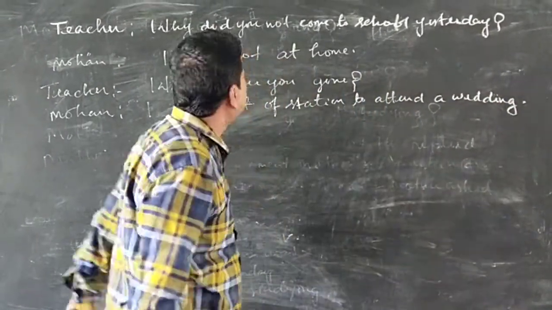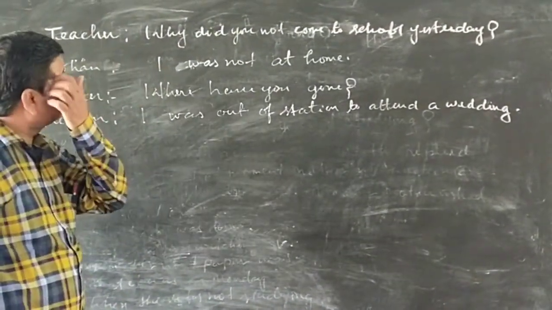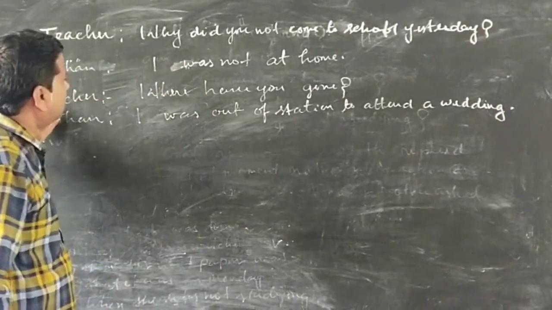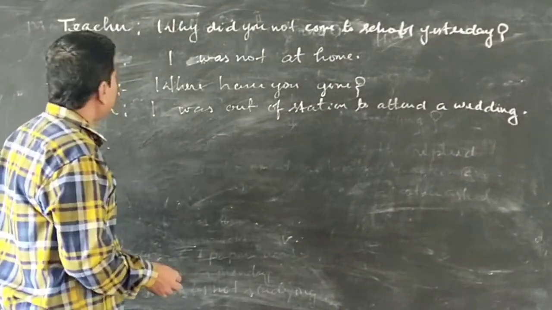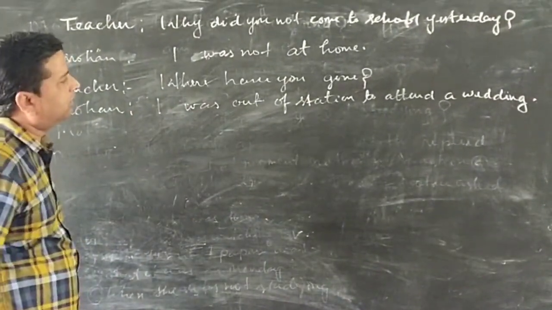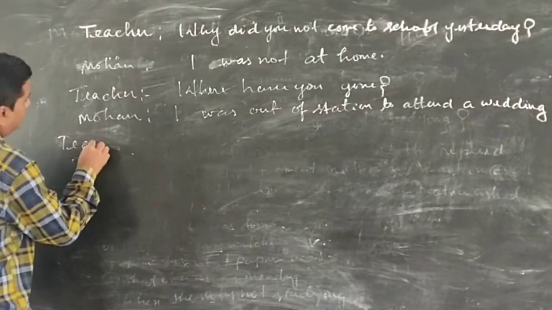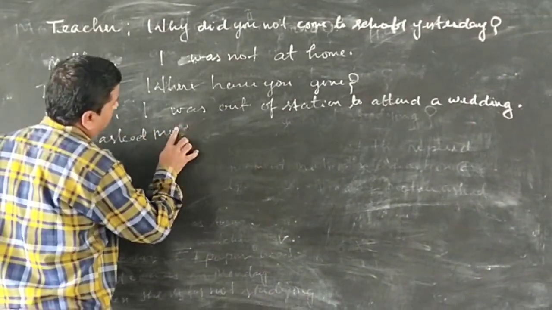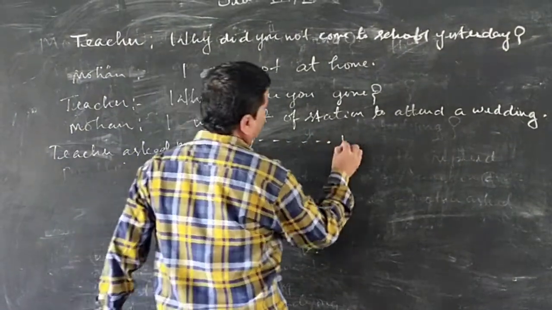This is your dialogue. The teacher is asking Mohan, why did you not come to school? Then Mohan replied, I was not at home. Teacher again asked him, where have you gone? Then Mohan said, I was out of station to attend the wedding. So your paragraph will be: teacher asked Mohan, Mohan replied,